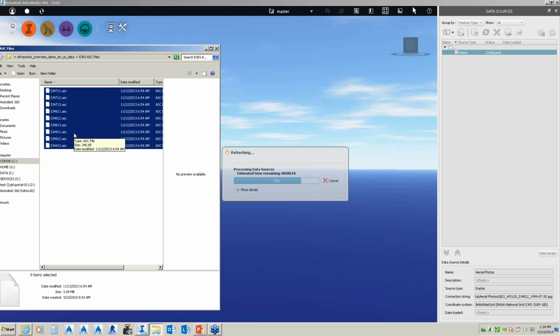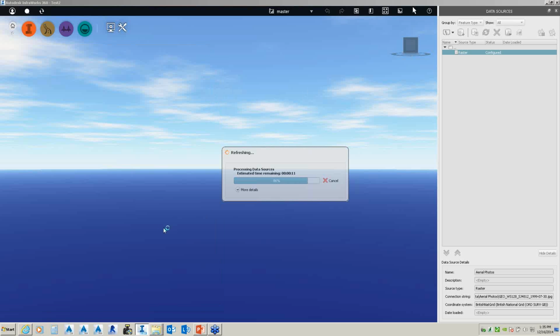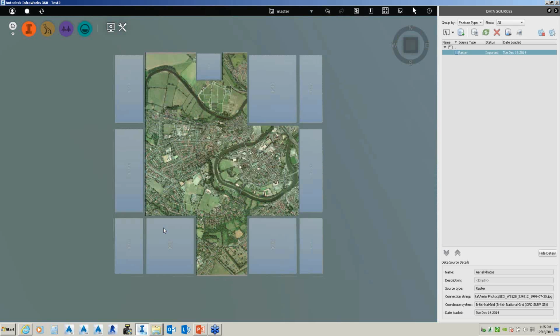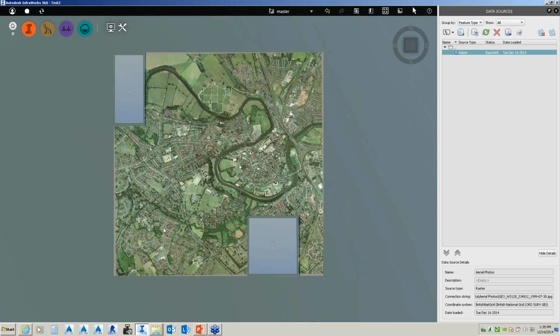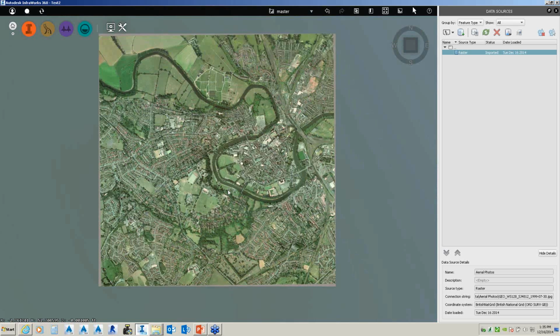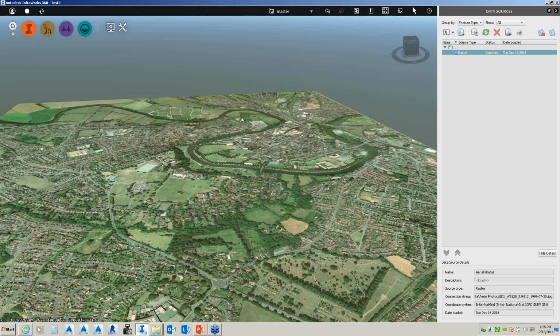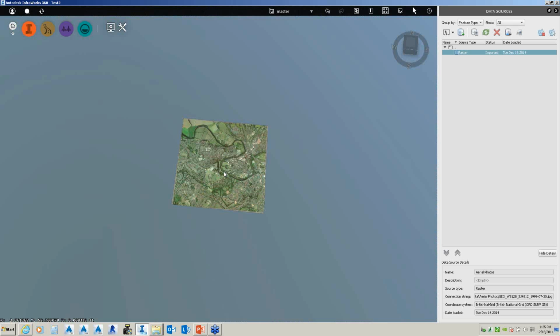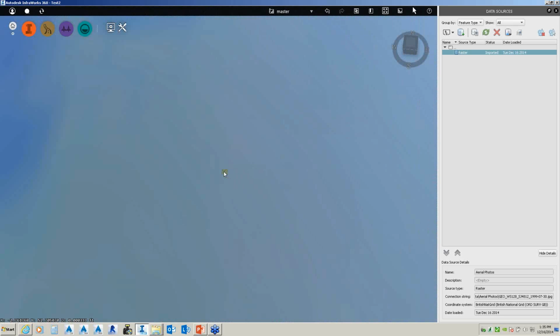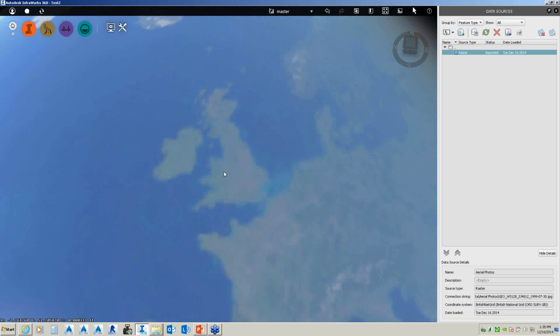So there are those aerials, and those aerials just come in as 2D objects. The beauty of working with it is once I bring in an actual surface, it just brings an aerial in 2D. I mean, how long does that take you to do in CAD? And if I zoom out far enough, you can see I'm not in the U.S., I'm over in Great Britain.